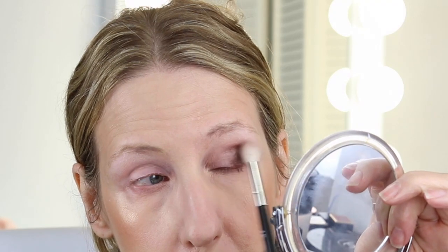Now I'm going to wipe that brush off. Now I'm going to take this brush. This is my REPHR brush number 15. It's a nice fluffy brush, but it's not too big. It's a little bit smaller than this one right here, which is the REPHR number 16. You can see the difference between the two. I'm going to take this one, hold my hand back and start really lightly. When you're touching the shadow, you are barely touching it. You're not going in there and really blending it. You want to hold your hands back by the brush, and you just want to lightly